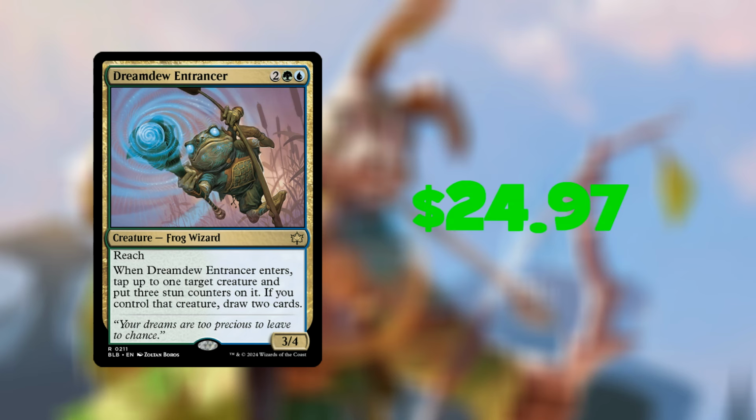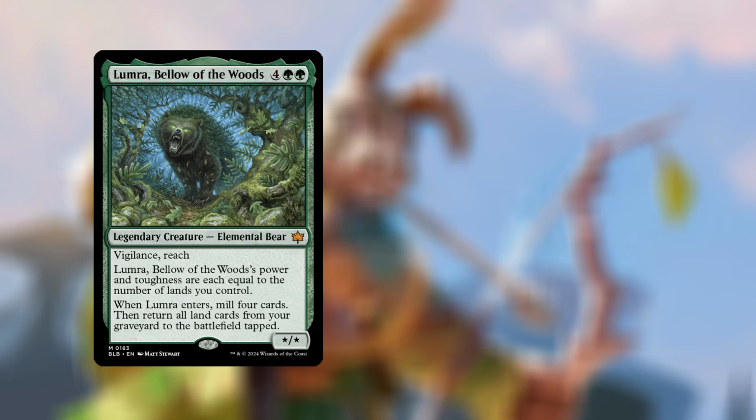$24.97. Next, we have Bloomburrow, Bellow of the Woods. 6 mana, 4 green. We have a legendary creature, Elemental Bear. It has vigilance, it has reach, and Bloomburrow, Bellow of the Woods' power and toughness are equal to the number of lands you control. When Bloomburrow enters, mill 4 cards and then return all land cards from your graveyard to the battlefield tapped. And this is currently going for